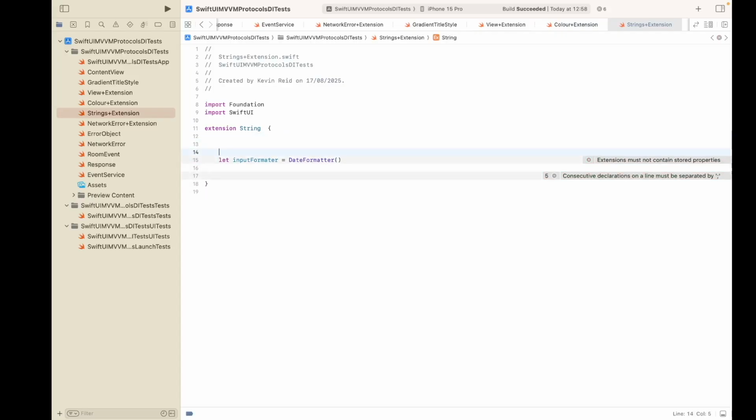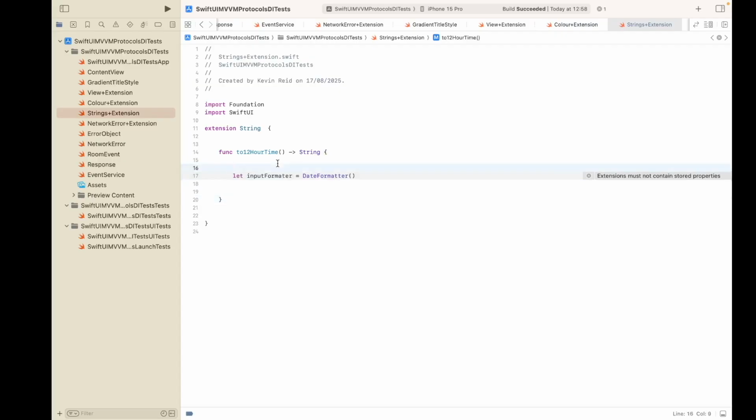So we need to create our function first, which is called func to12HourTime. This function returns a string, and we can move this into our function. I'll just move that down here, and then